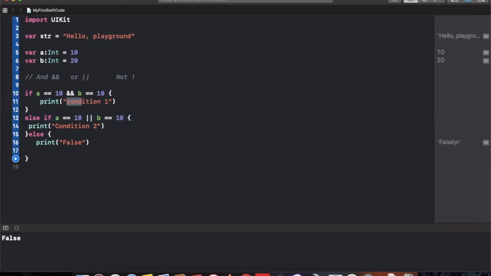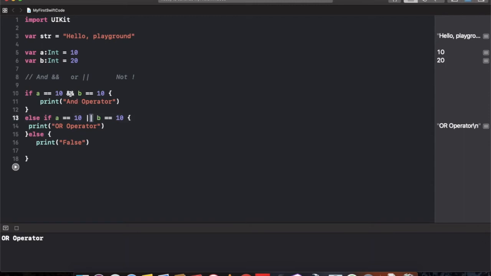First of all, I change the AND operator to the OR operator, and let's execute it. Here you can see the first condition of the if is the same, but the operators are different: AND operator and OR operator.